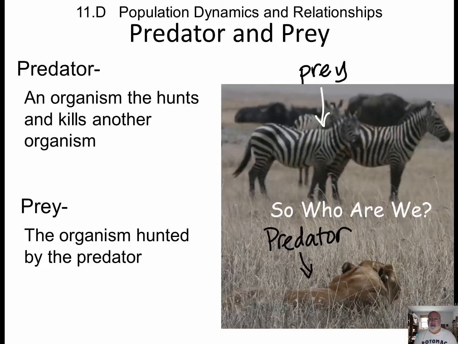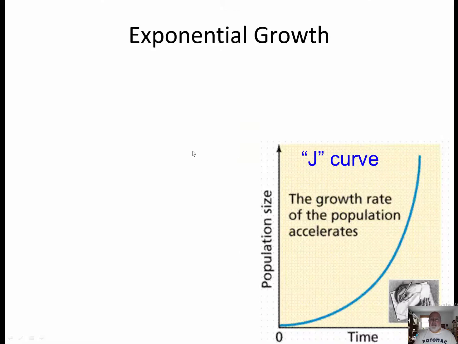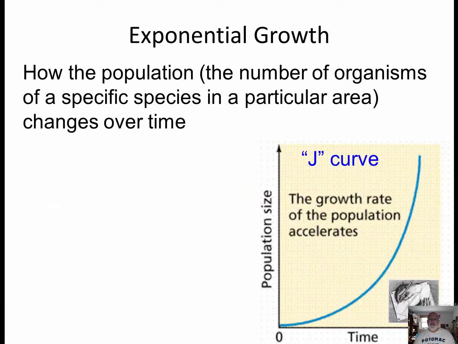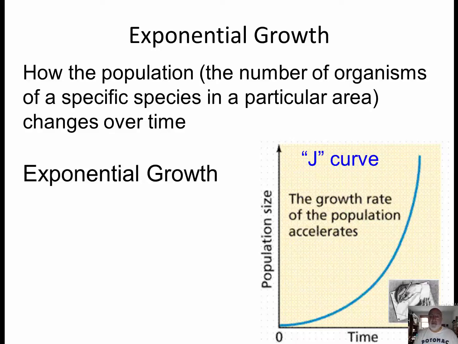So our whole dynamics is predator and prey. Who wins? Do the prey actually overpopulate, which allows the predator population to increase to control the prey population, or vice versa? How does it work? So the first thing we're going to talk about is a perfect growing system. This is a population where the number of organisms of a specific species in a particular area changes over time,